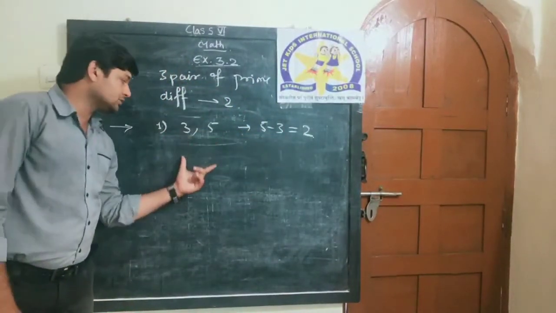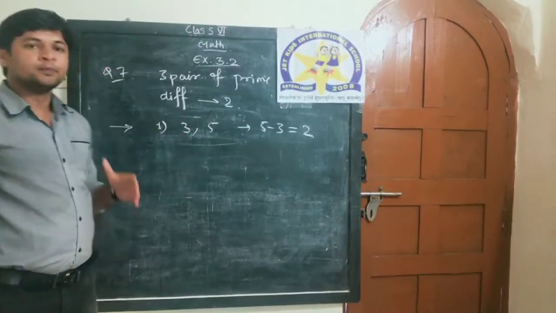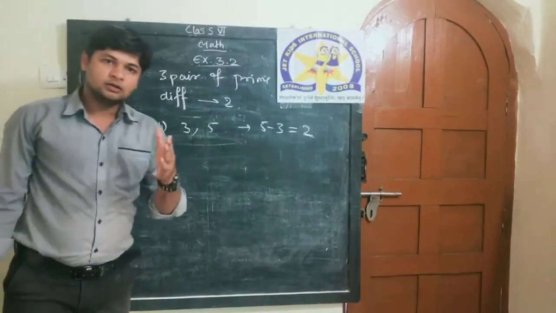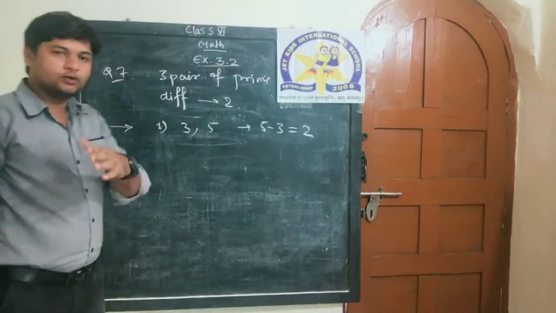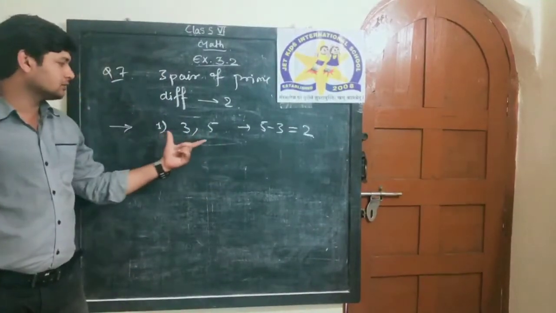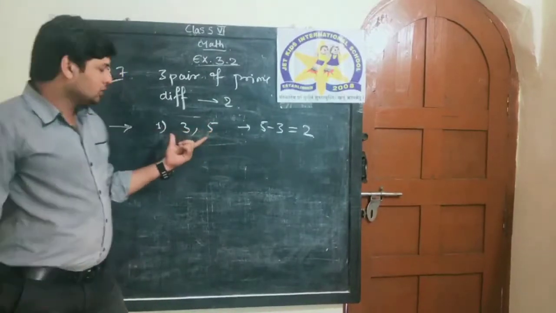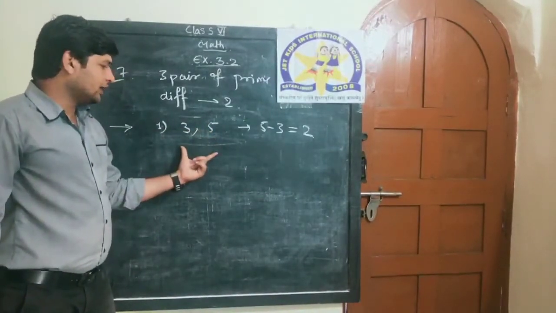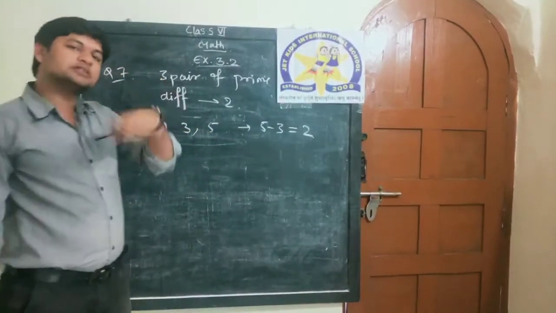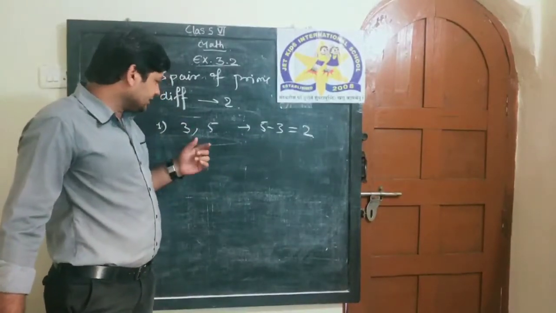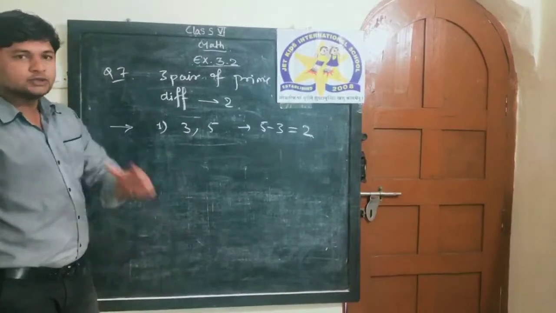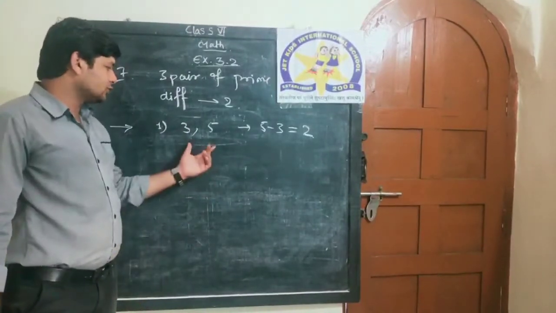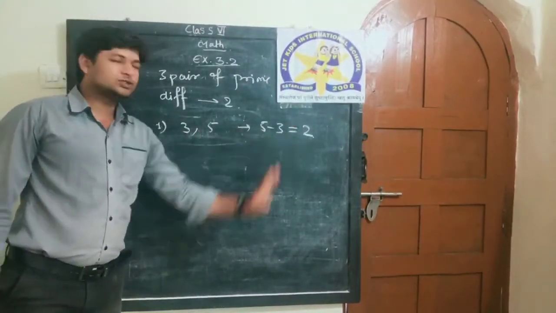So how many pairs? 3 pairs. Two more you have to find. You have your chart of that. I don't know the page number, but it is given in the 3rd chapter. On that chart, 1 to 100, the prime numbers are in a circle. By using this chart you have to find these 2 more. You have 30 seconds to find these 2 whose difference is 2.